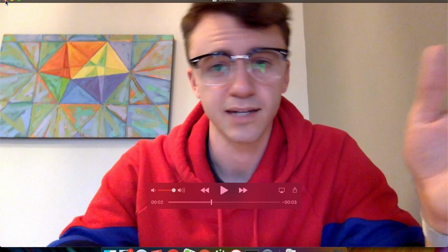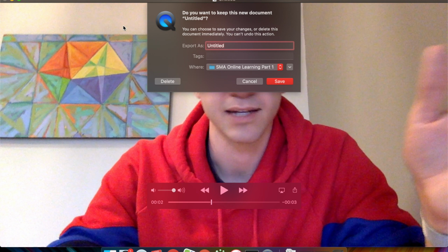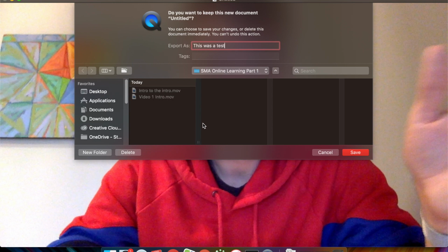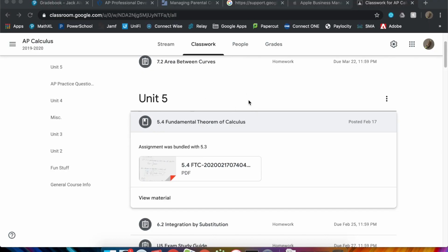And if I come up here and click that red X, then it'll prompt me to save. So I'm going to name it, this was a test. I've got a folder. I can click delete if I didn't like it. If I click this drop down here, then that will let me navigate to exactly where I want to go. Whenever I'm ready, I can click save. It'll save, and then it closes, and I'm back here. So that's how you make a screen recording and a movie recording